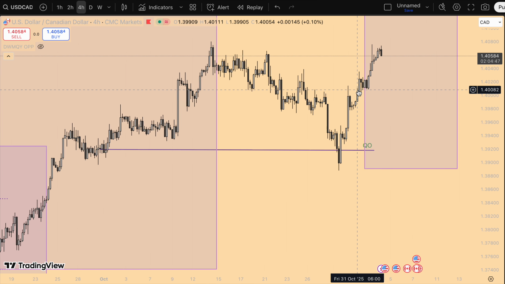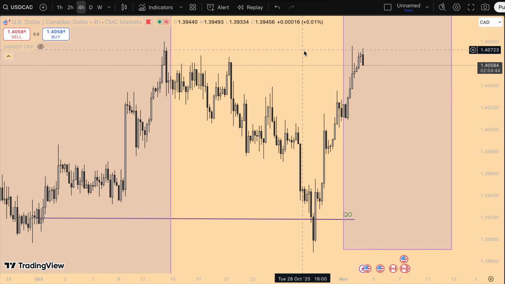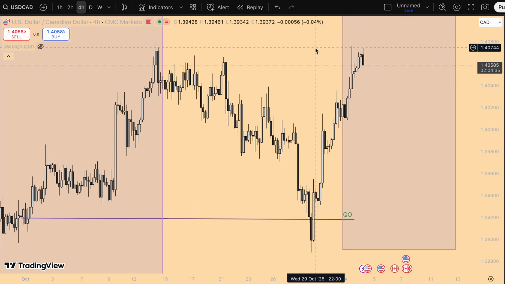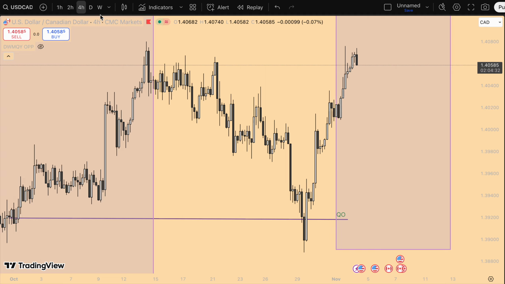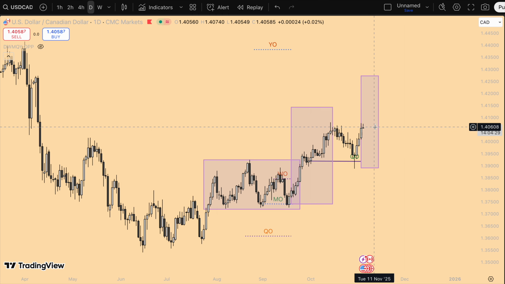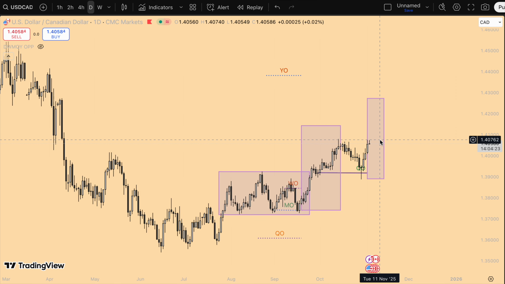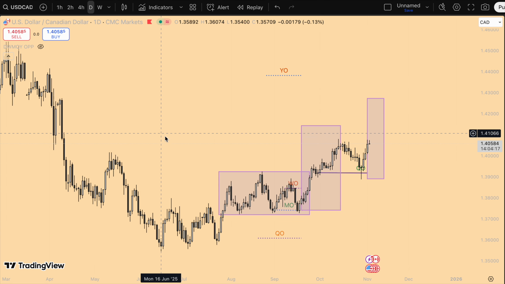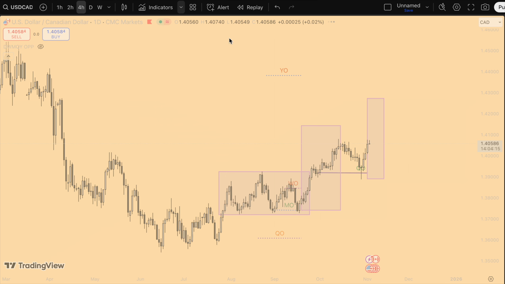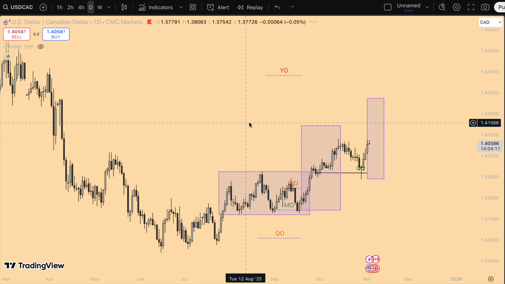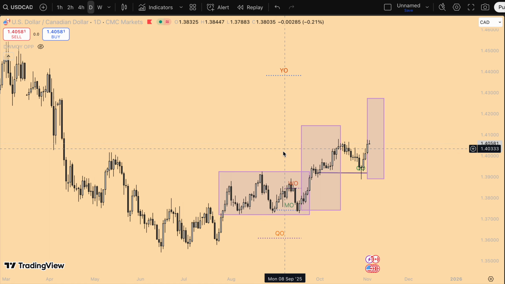And then for USD CAD, guys, as we discussed last week, you can see we've grabbed this high right here. So start scaling out if you're still in those positions, congratulations. What are we waiting for? We're still in that bullish leg, but I'm still expecting a break of structure, so perhaps we get a retracement to grab liquidity on the 4 hour. I thought we had reached a liquidity high, but apparently not. This was the liquidity high that we grabbed, and now we're just pushing up.